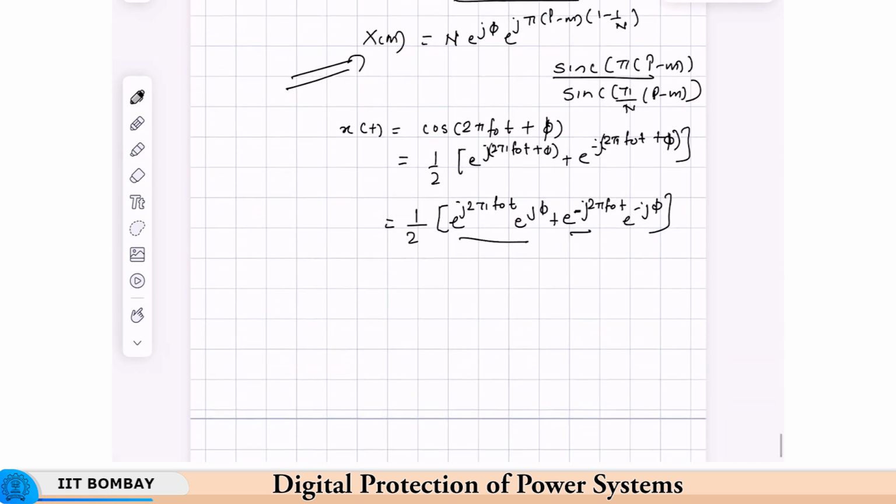So when you take the DFT of this, you will get n by 2 e raised to j phi e raised to j pi p minus m, 1 minus 1 by n, sinc pi p minus m upon sinc